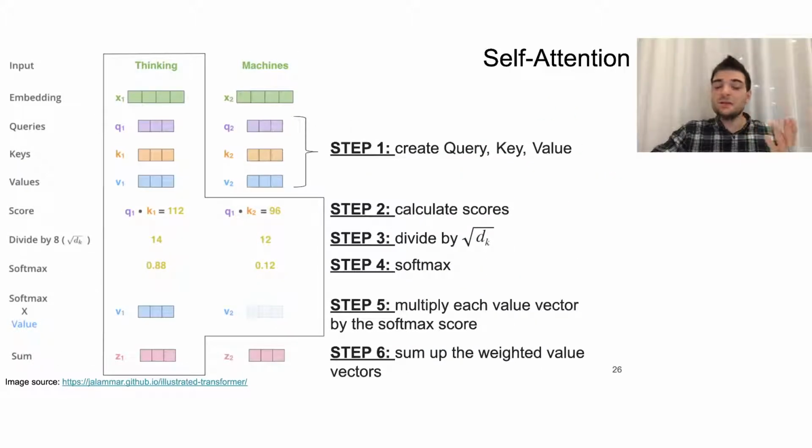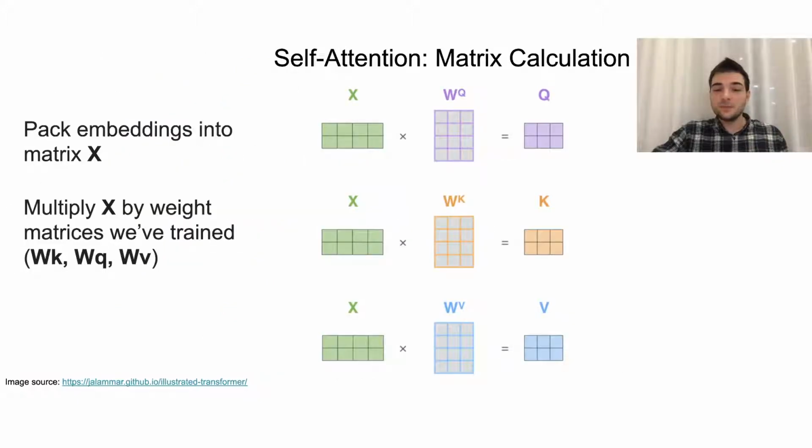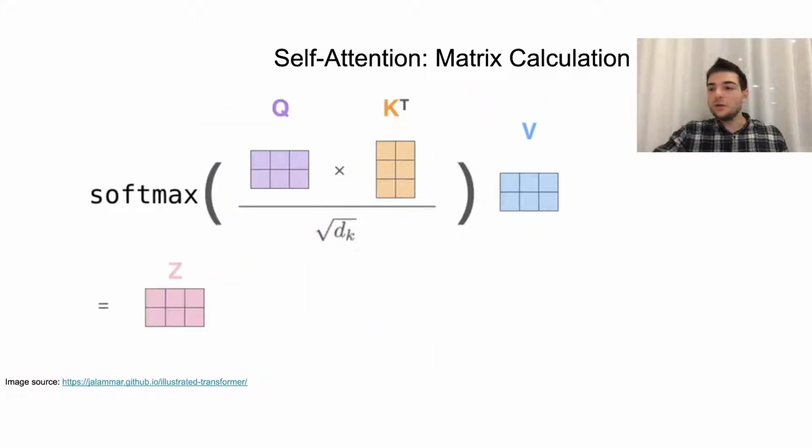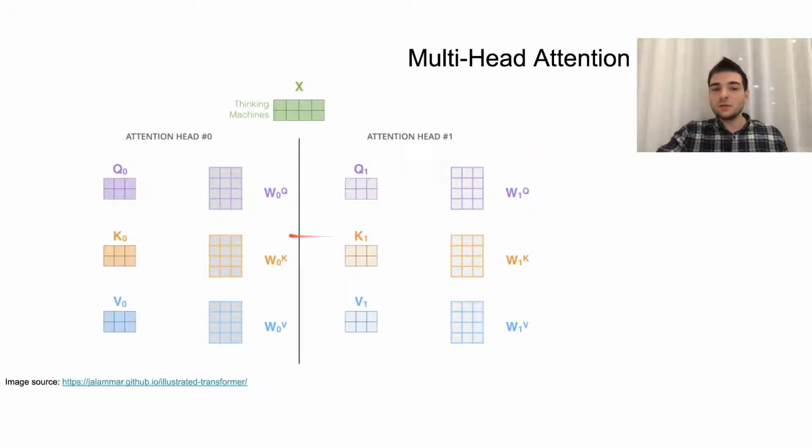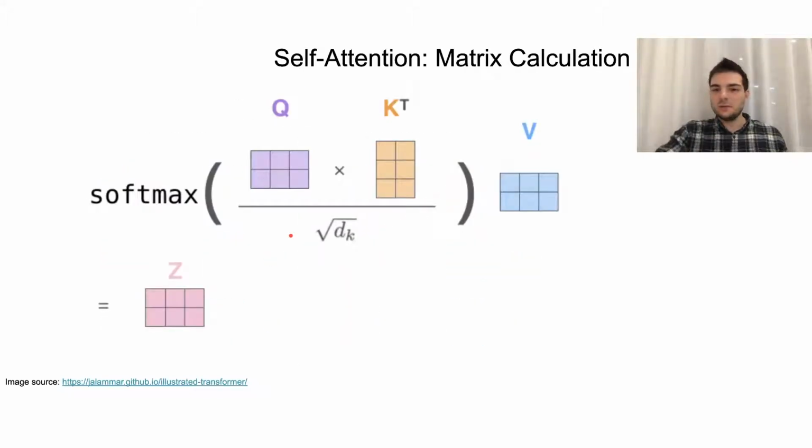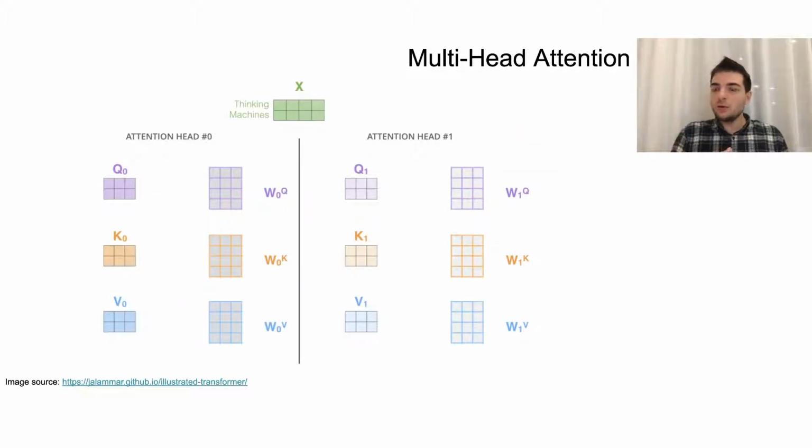Actually, we can ask different questions from different words to other words, and that's actually a really beautiful concept for self-attention, because we can just use one attention head, which represents some type of connection between this word and all the words. But we can actually use another attention head, which will learn different questions, different connectivity between the words, and to do that, we only need three new matrices. Another matrix for queries, another matrix for keys, and another matrix for values. And actually, we can have several attention heads, which are completely independent because we just randomly initialize these matrices. After that, they are being trained independently.